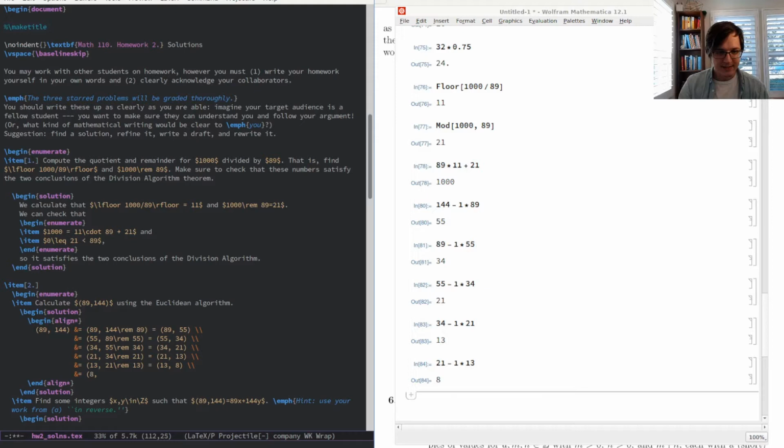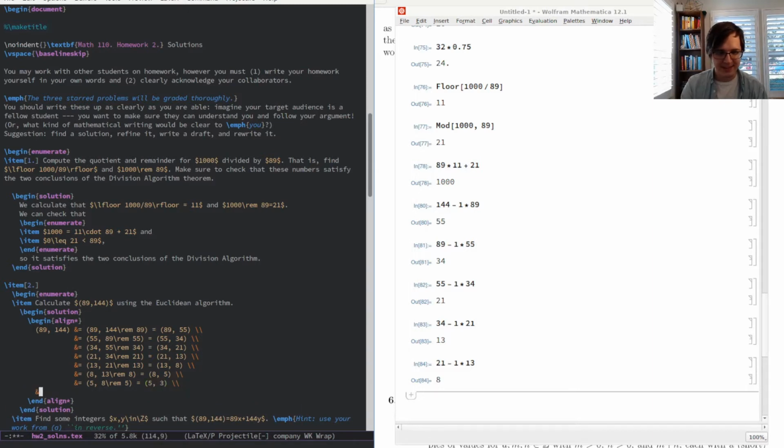Okay, 8, 13, remainder 8 is 8, and I'm able to do this mental arithmetic now. Then 5, 8, remainder 5 is equal to 5, 3,